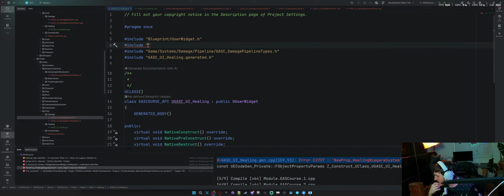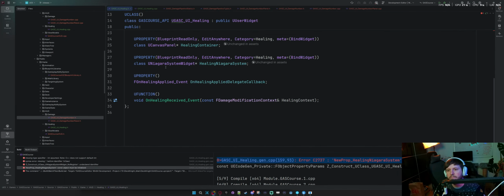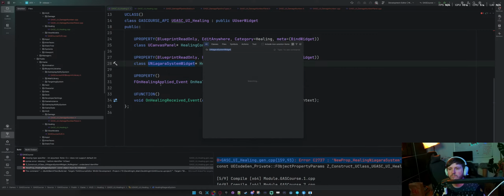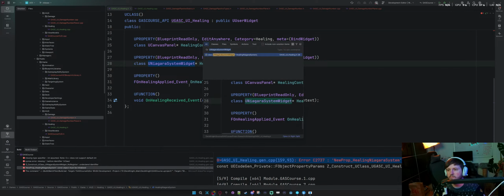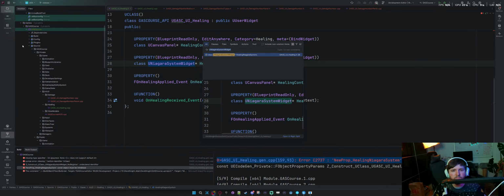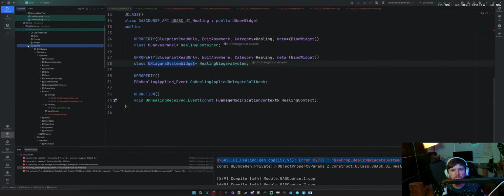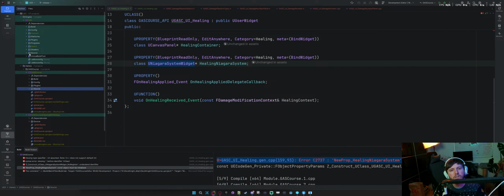Is there a way to access this thing? Okay, so plugins, no, so there's source, then there's edit engine.